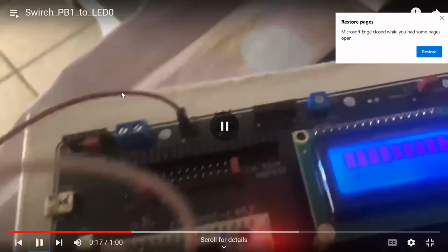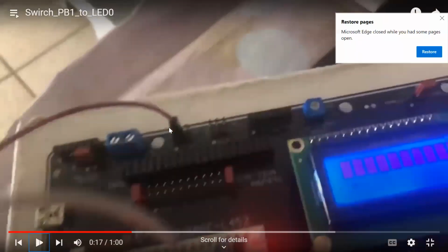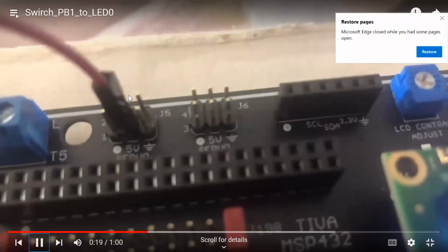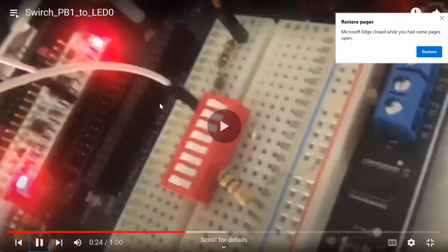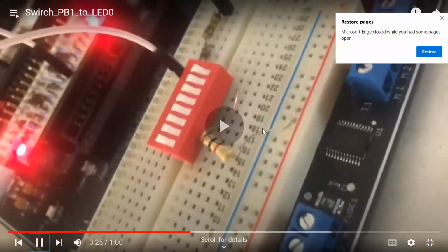Yeah, I'm showing you, I got 5 volt from here. So I just want to show you how I connected. So look, I got the 5 volt from here. I connected to here. I want to show you how I connect. And then you have a wire, as you see, from here to